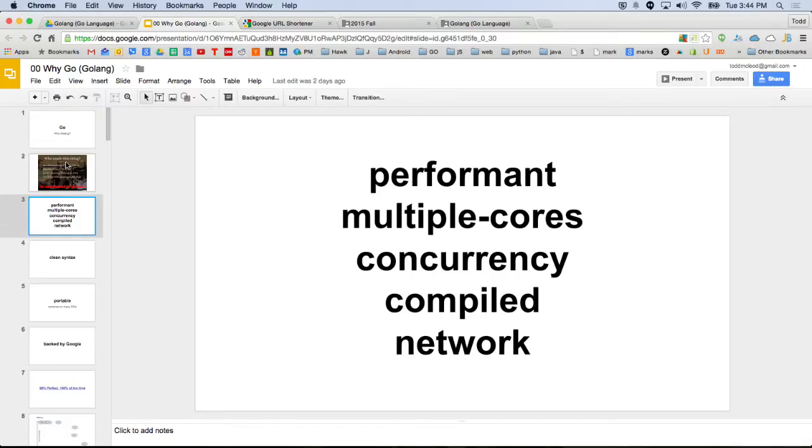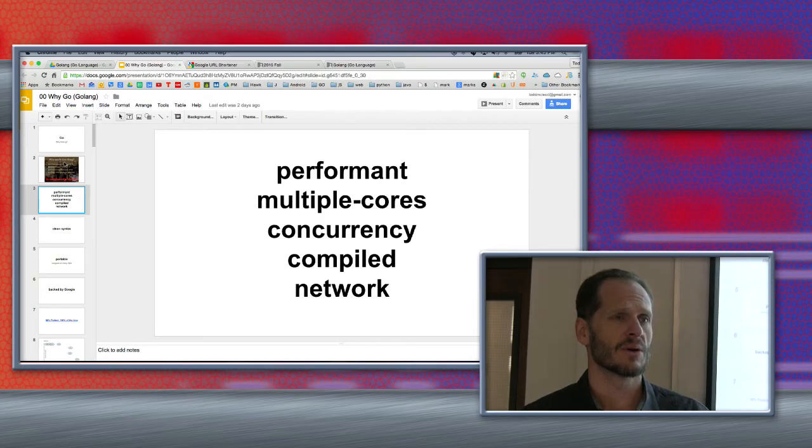C and Java don't do concurrency well. It's not easy to do concurrency, and it's also not easy to run on multiple cores. The way computers have evolved is that they now have multiple cores. So Go is written to be performant, to take advantage of multiple cores, to do concurrency really easily, just have it totally baked in, to be compiled so it's straight binary, runs as fast as lightning, and to work well in networked environments. That means if you have a single computer with dual core or quad core, your program is going to be able to take advantage of all of that really easily.